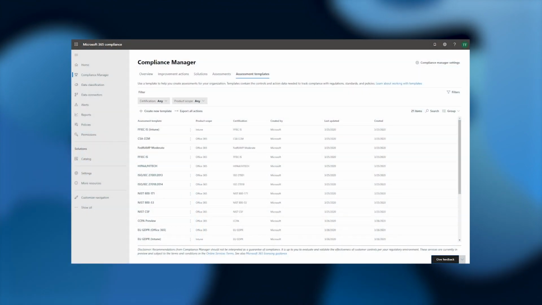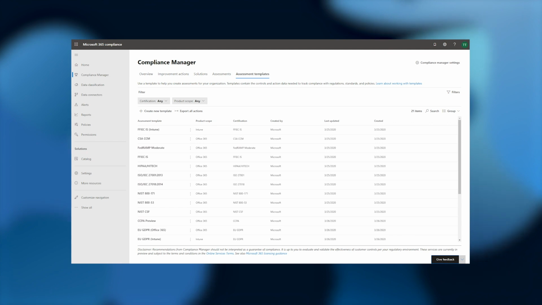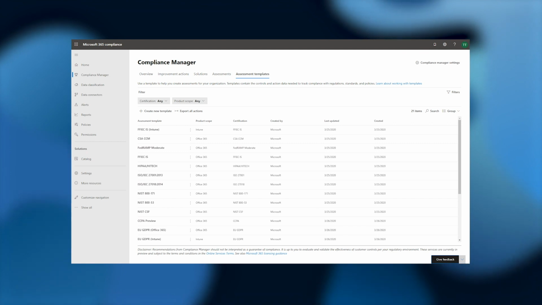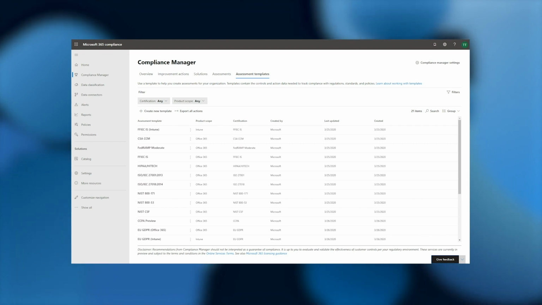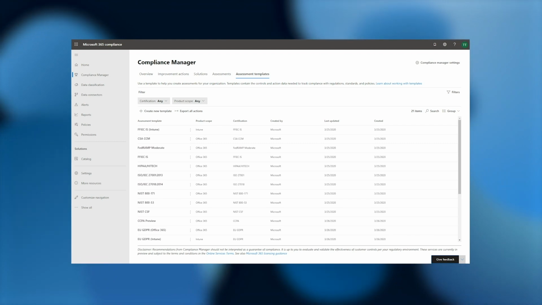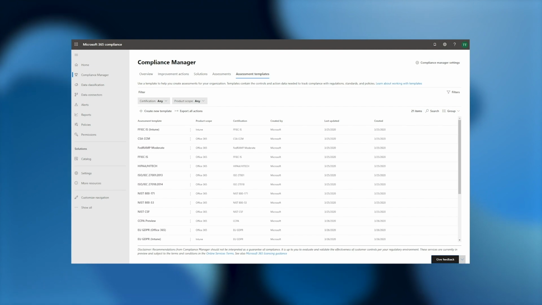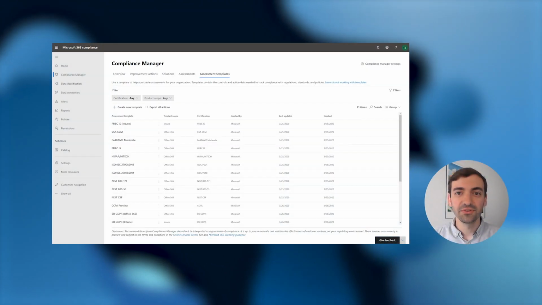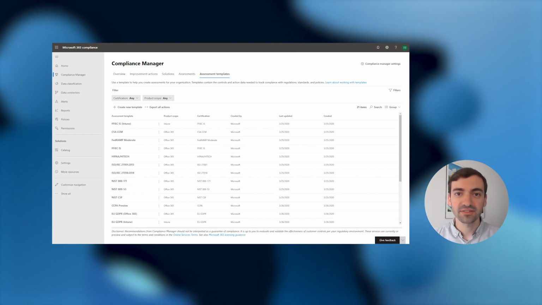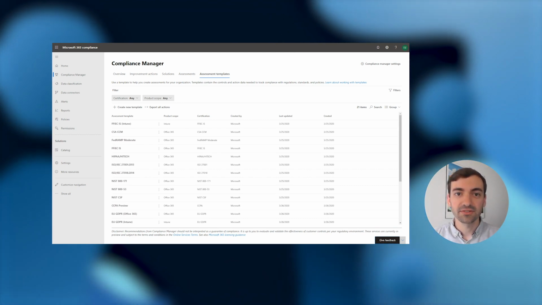Alternately, you could take our existing control mapping and recommendations for a regulation as applied to the M365 product space and expand them to other products that are already relevant to you. For the sake of this demonstration, I'll walk you through the process of adding new controls and actions to one of our existing assessment templates in a process we call extending a template. To make this easy for you, a wizard will walk you through the process, providing step-by-step guidance.